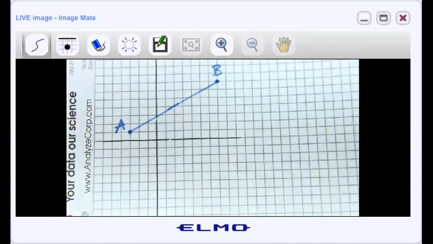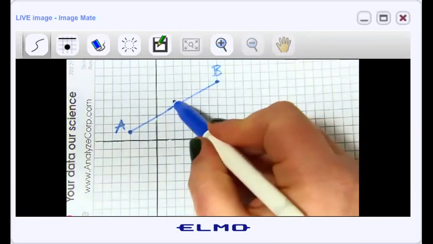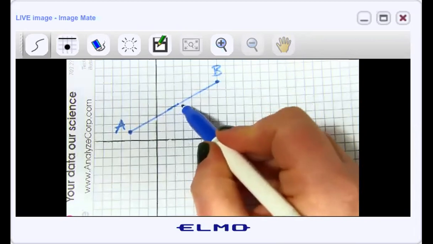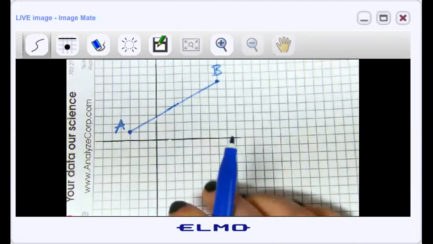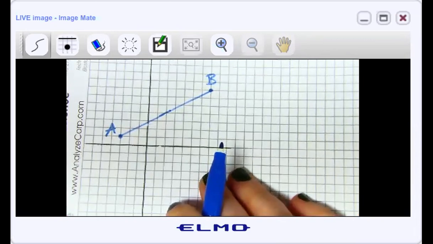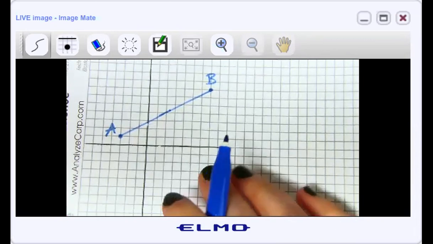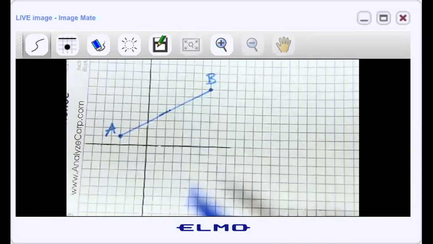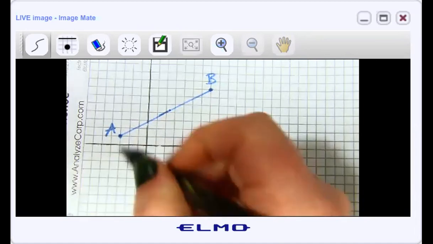Okay, so here is my line segment. I could eyeball it. I know it's going to be somewhere about right in here, but I don't know exactly where. What I can do is use the coordinates of the endpoints to find it exactly, so I don't have to guess. I know this might be a little small for you guys, so it might be hard to see where these endpoints are,